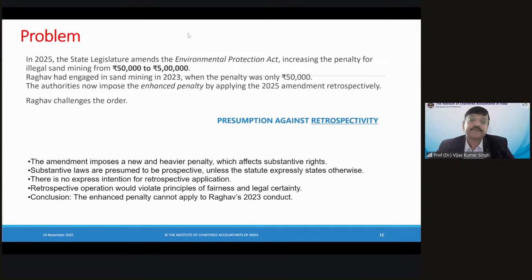Okay. Very good. So you people have all got this particular concept, the presumption against retrospectivity. Generally, in case of procedural laws, retrospective effect can be there. So procedural laws which do not affect any substantive right of the people, retrospectivity can be there. We will talk about this concept in repeals also in a while, so you will get more clarity. Okay. Now, moving ahead,